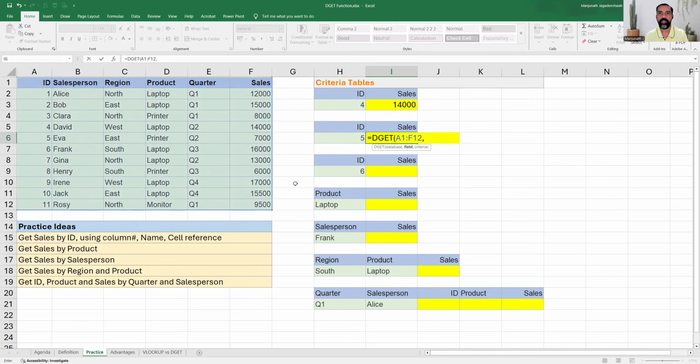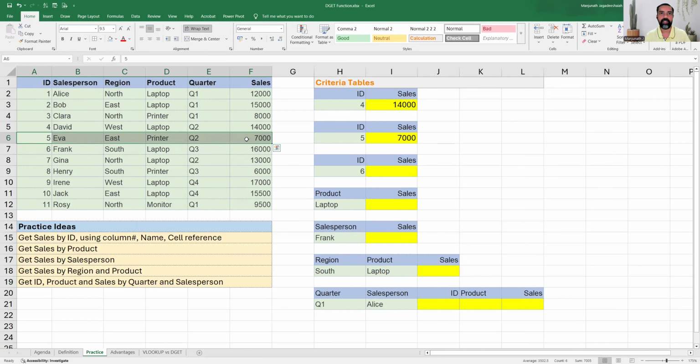Type the field name within double quotes. The field name is sales. Now the third parameter is the criteria parameter, where we are going to select the cells H5 to H6, which means get the value for sales where ID is equal to 5. Close the bracket and press enter. So for ID 5, the corresponding sales value is 7,000 from the database, which is accurately returned by the DGET